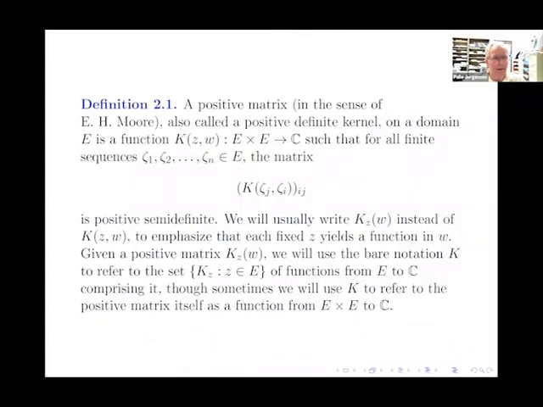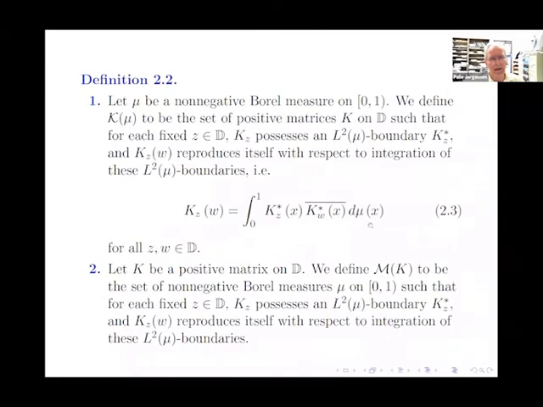And this one here is the definition of the most general positive definite kernel, also called a positive matrix. And the general theorem, predating Laurent Schwartz, is that there's always a reproducing kernel Hilbert space, so that such a kernel here reproduces the values of the functions in that reproducing kernel Hilbert space. But here we're going to look at a different kind of reproducing.